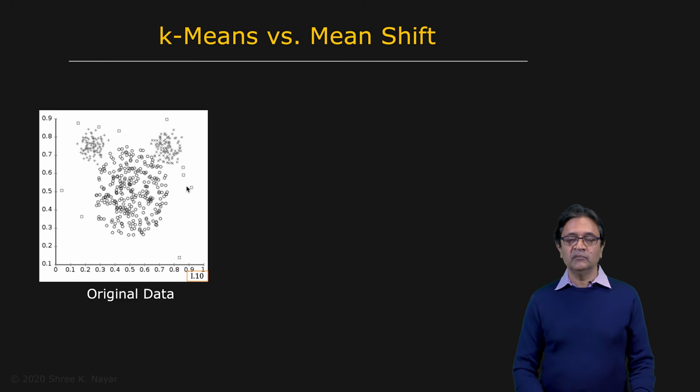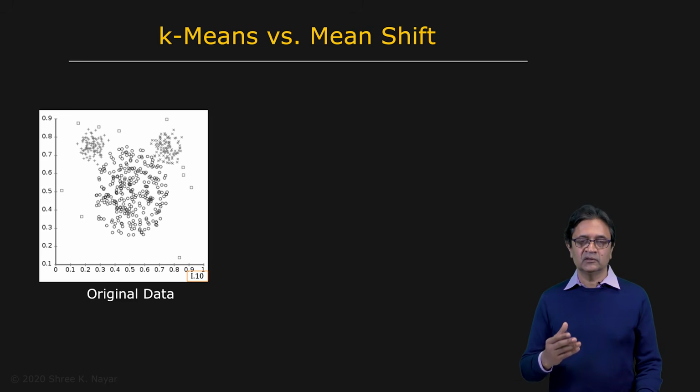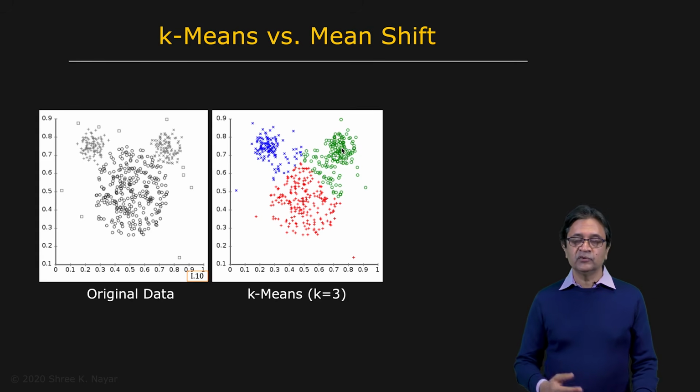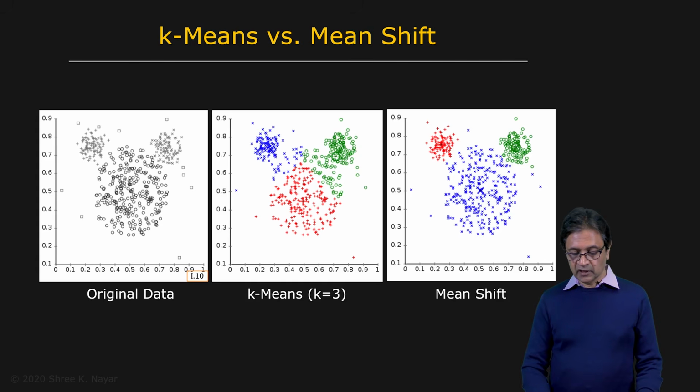If you apply k-means, you see that you have k, or 3, dominant clusters here. So if you use 3 means, you end up with this clustering. You do fairly well, but for these points right here, you've obviously misclassified them. These get assigned to this cluster, and these get assigned to this cluster. In contrast, if you use mean shift, you get a very nice clustering. So you see that it's very close to your desired result right here.